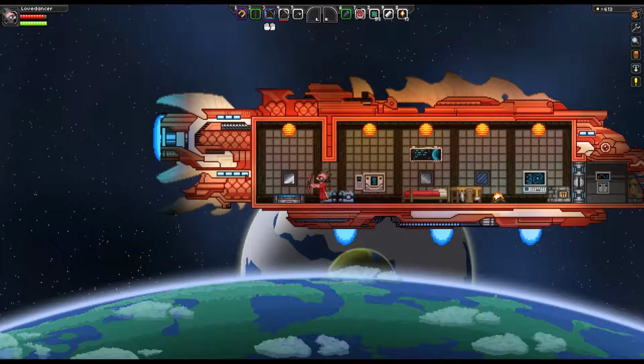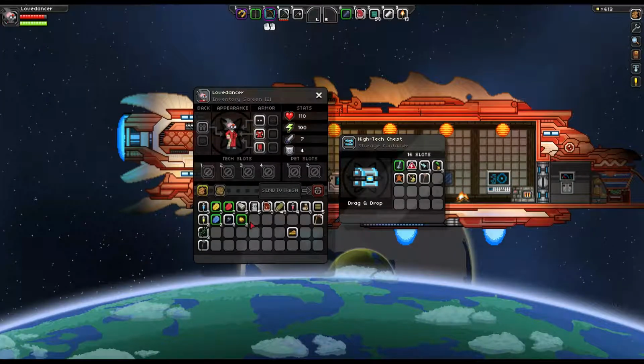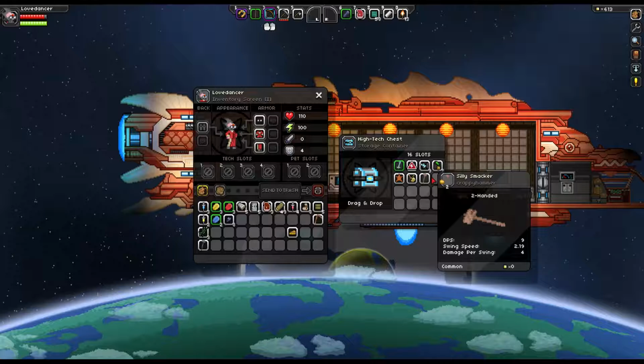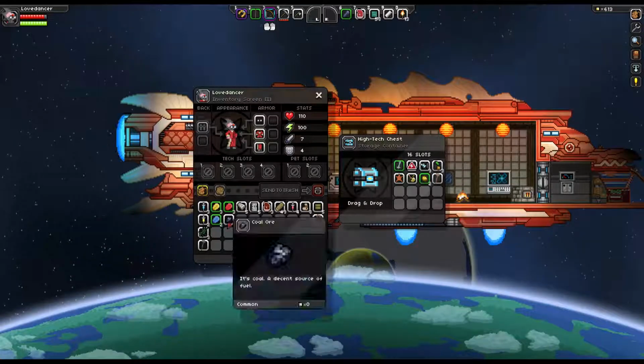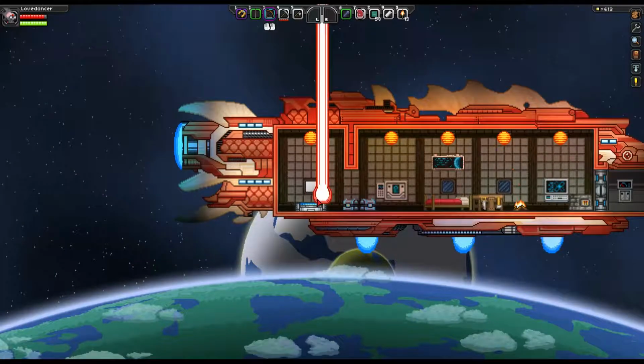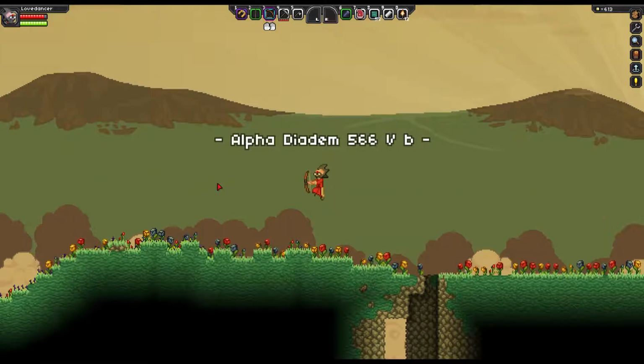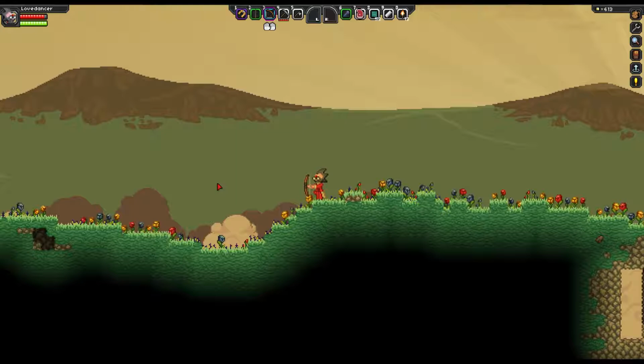Back up here. I'm definitely going to put the gold away, and just go back down. Now I lost my pixels, but I'm not really worried about pixels right now. So...